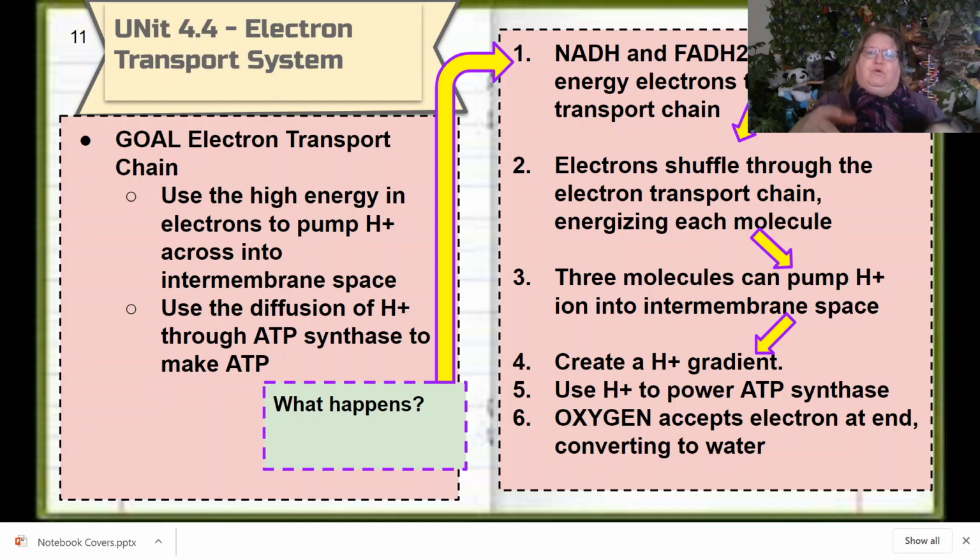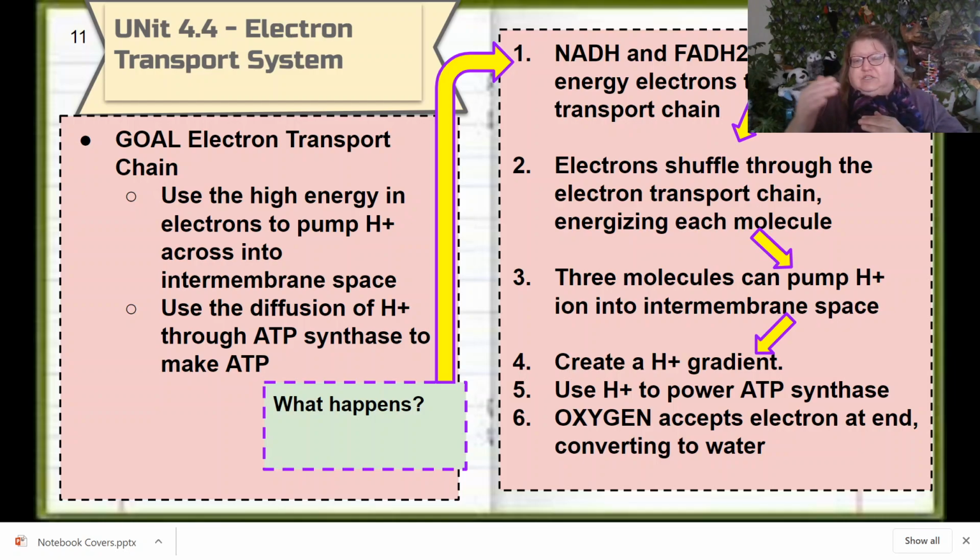So let's go through our dance moves, if you will. So the first thing we know is that we're going to take our NADH and FADH2, our dump truck and bulldozer, and we're going to drop off these high energy electrons. And we're going to drop it off into the electron transport chain. Now think about these as your dancers. And so every time we drop off high energy electrons, this causes the electron transport chain to get a little bit excited